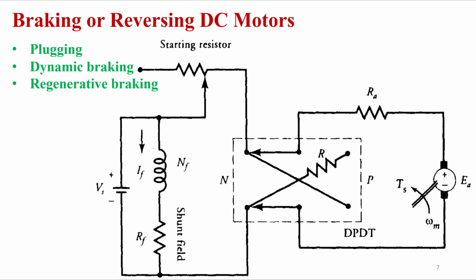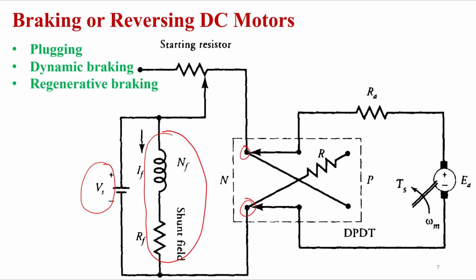We can see here this is your plugging picture, where the plugging approach is used. What we are seeing here is a shunt DC motor. This is your field circuit, which is connected to a constant source, Vs, right? Now your armature circuit is connected at these 2 points, and there are 2 other points we have taken from this side, which is connected with a resistor, and this side.